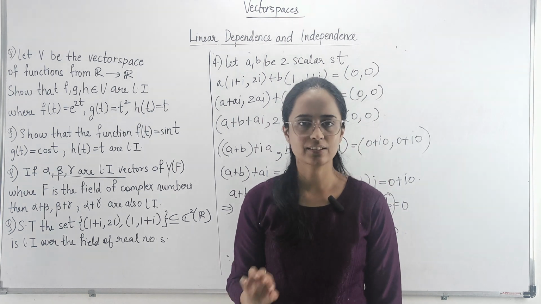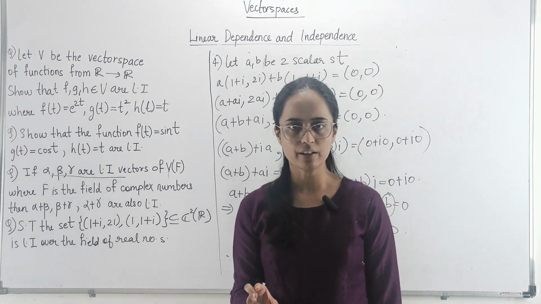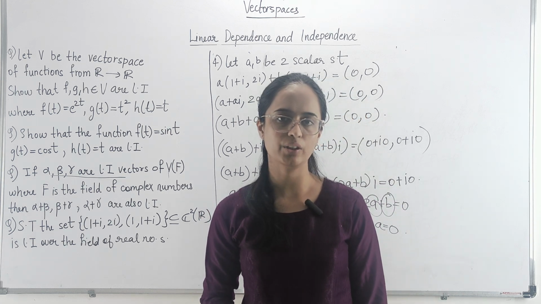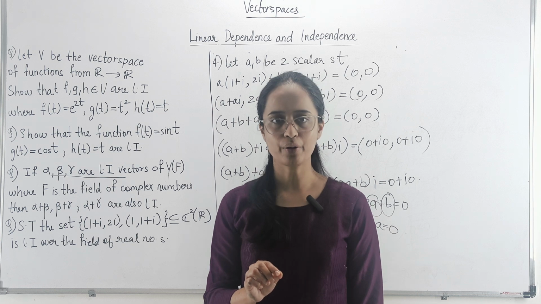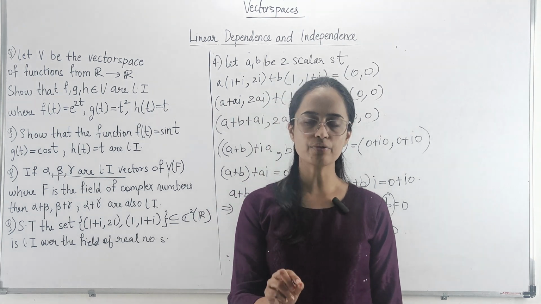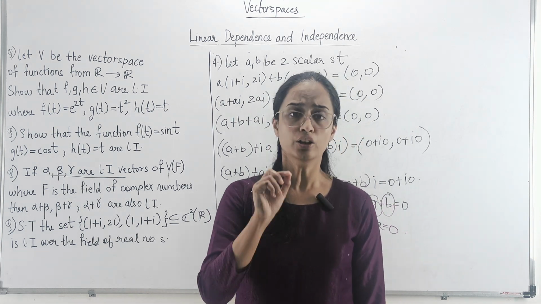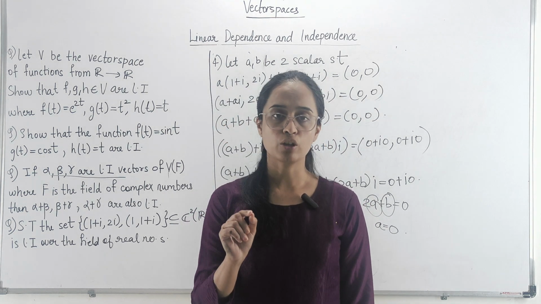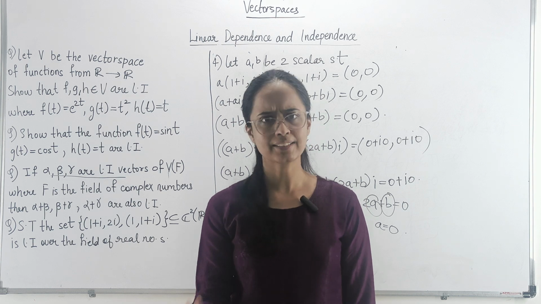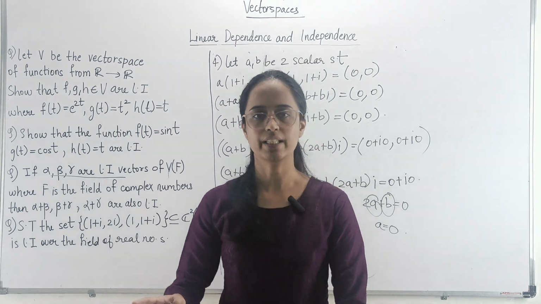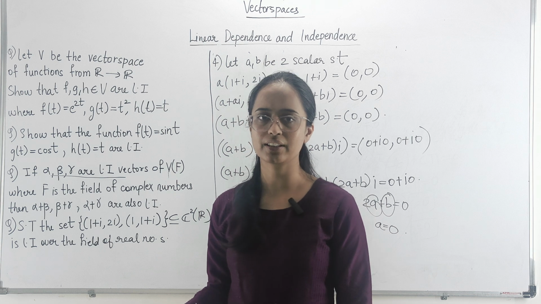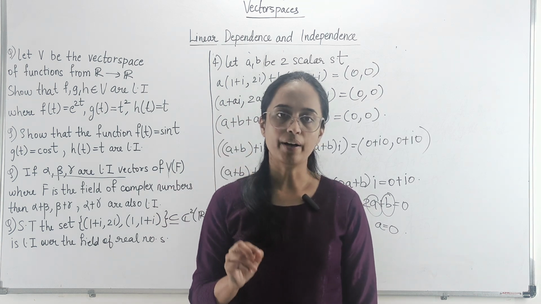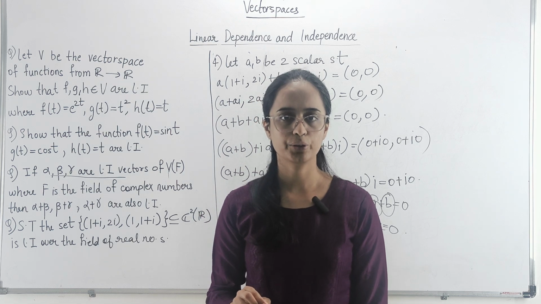The entire process is very simple. You have to take the linear combinations of the functions or vectors that are given to you, and ultimately you have to show that the scalar corresponding to every function or vector comes out to be equal to 0. If you are not getting the value as 0, it means that the vectors are linearly dependent. Here we had to show that these vectors are linearly independent. Hence it was an obligation on our part to show that these scalars are equal to 0.